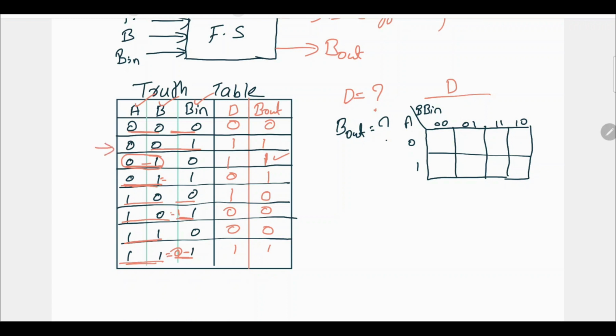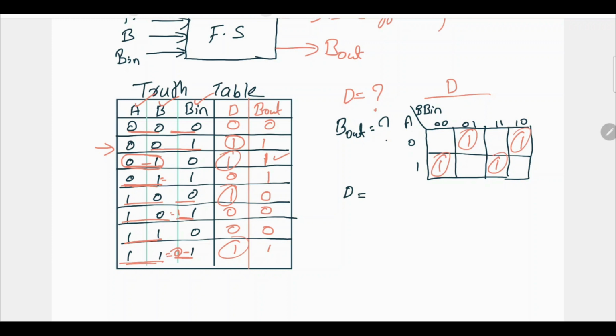First case is here, D is 1 in this case, 0 0 1. Then D is 1 in 0 1 0, A 0, B 1 and B in 0. That is which cell? Last cell. Then 1 0 0. Then 1 1 1. These are the 4 cells. So there is no way we can combine 2 cells. Each one has to be grouped individually. We cannot combine. So the final equation for D is